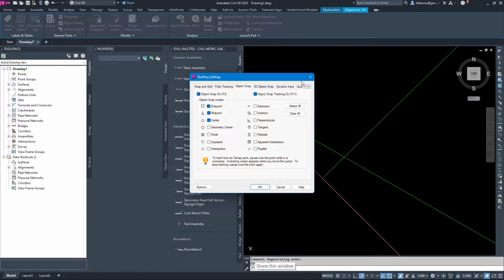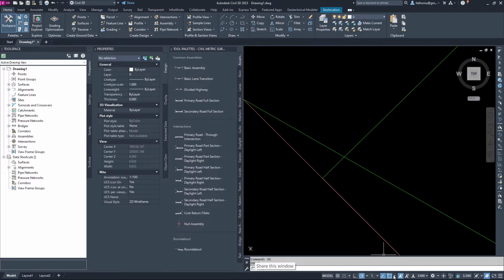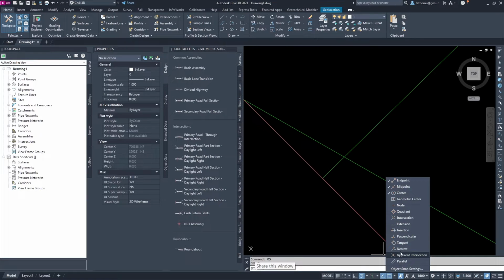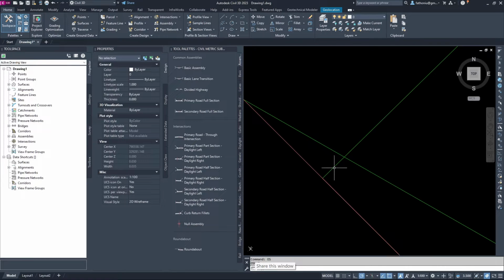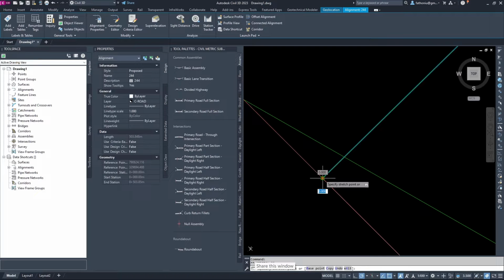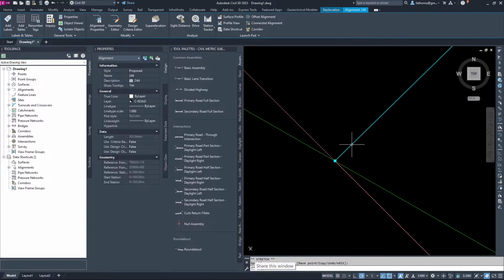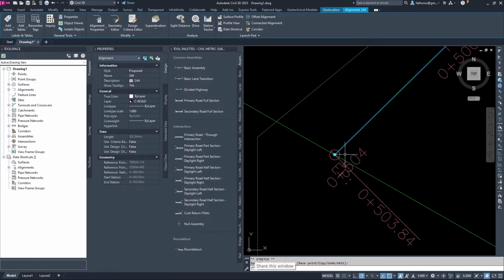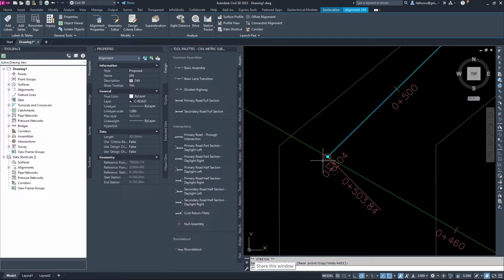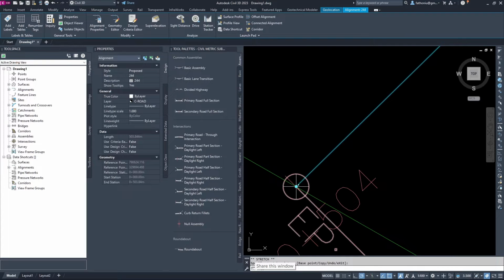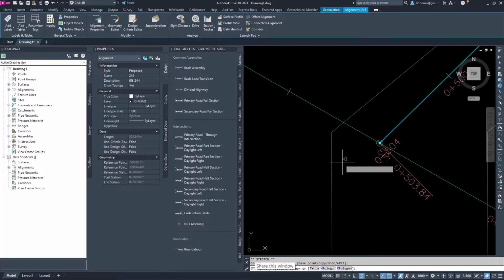Click the intersection. Or else you go to here and then select intersection. Where is the intersection? This one, intersection. Okay, done. So we click this one and then click the vertex of the alignment, and then it will detect the intersection here. Then click here, and since this is a T junction, not a full junction, one of the alignments should be on the middle of this alignment. Okay, then we have this one.